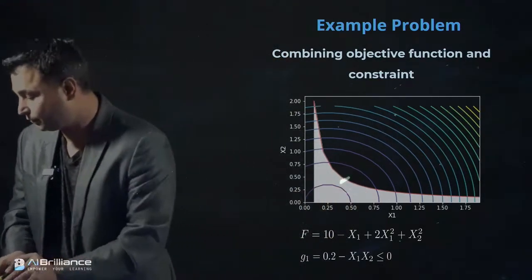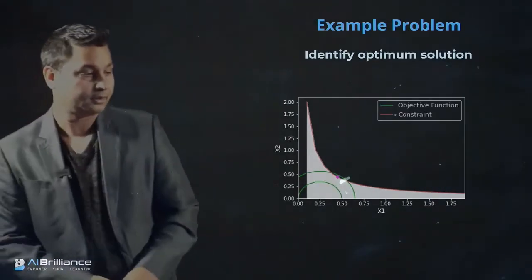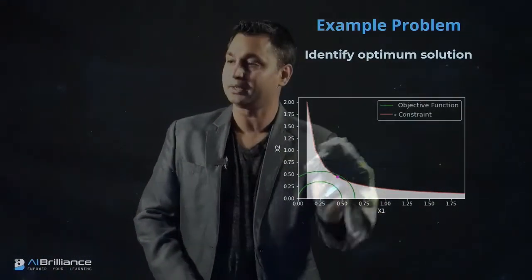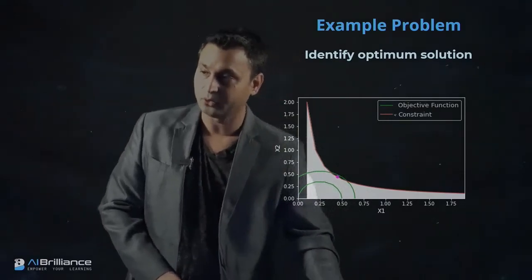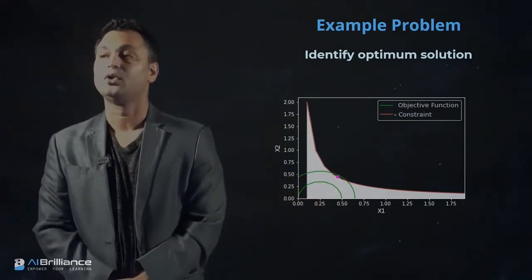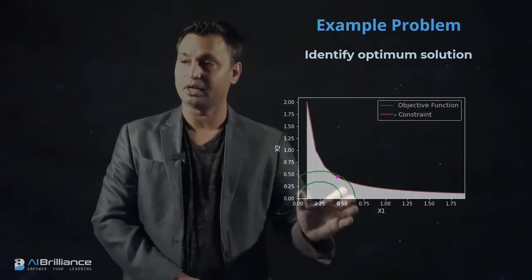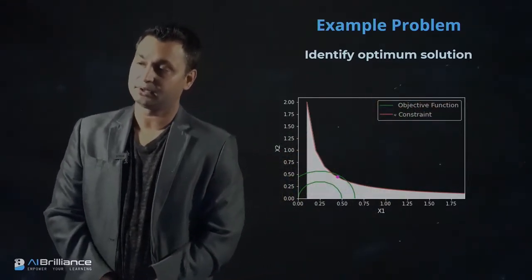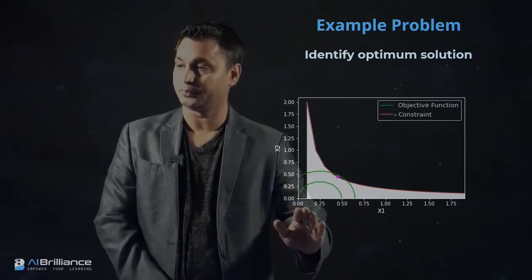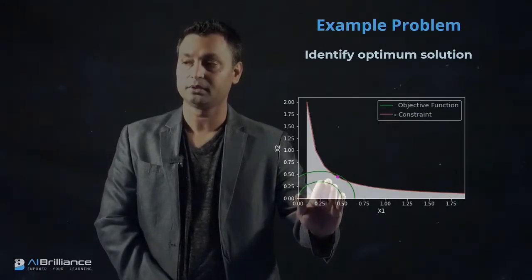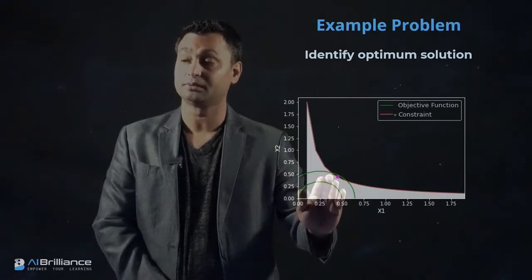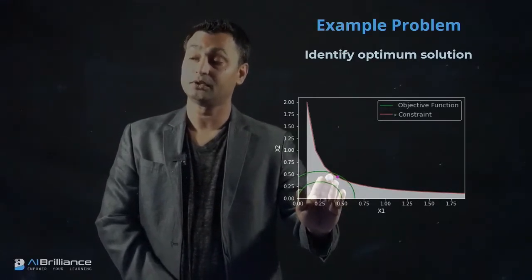So that's what we are going to plot, and you can see that I have removed this and marked it with a purple dot, and the location of that purple dot is essentially the location of the optimum solution. I've removed all the unnecessary constraints, but you can see the approach I was talking about: I'm moving from the feasible region, increasing the function values, because even though the function values are increasing, we are moving in the direction where feasibility is ensured.